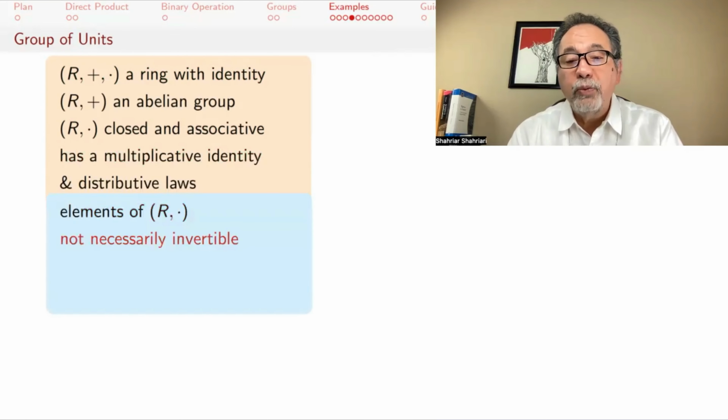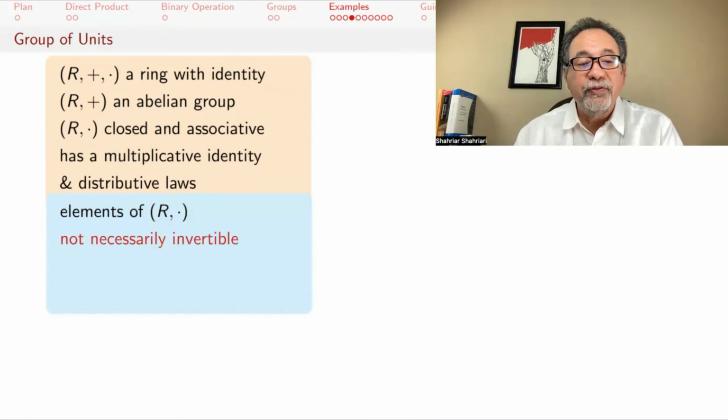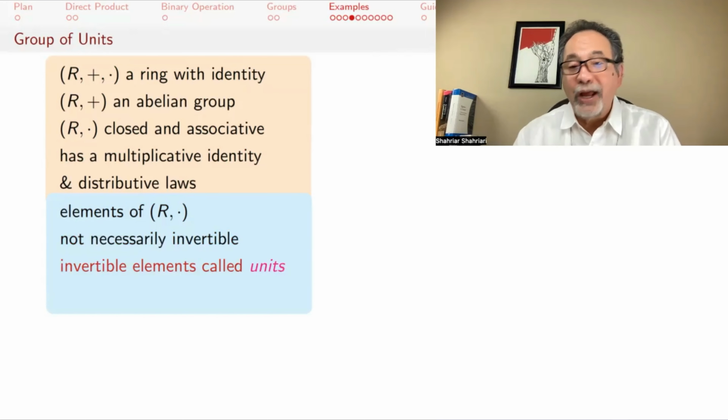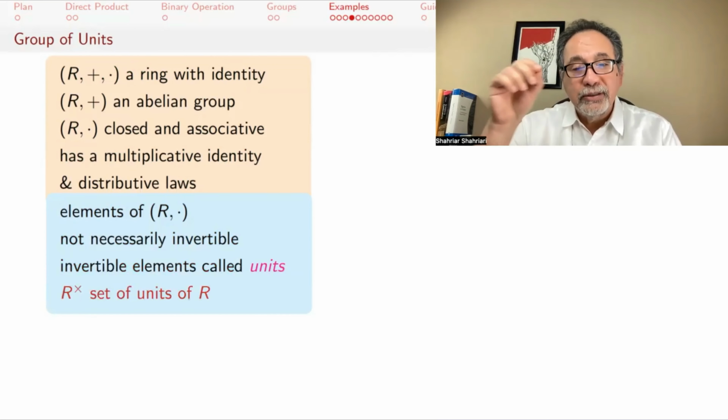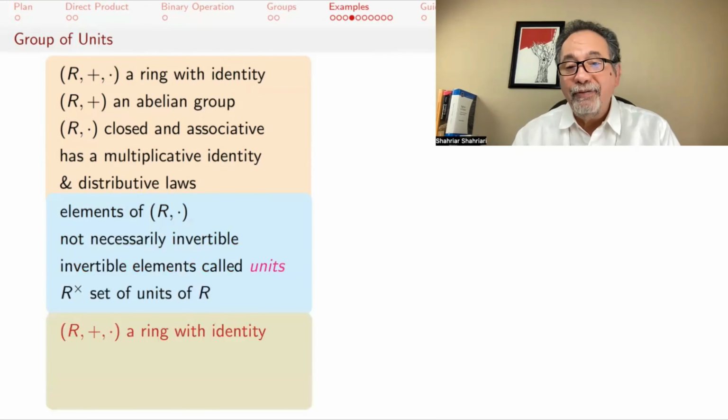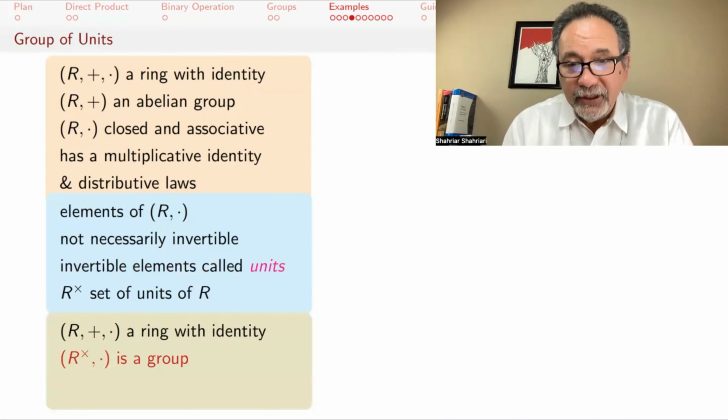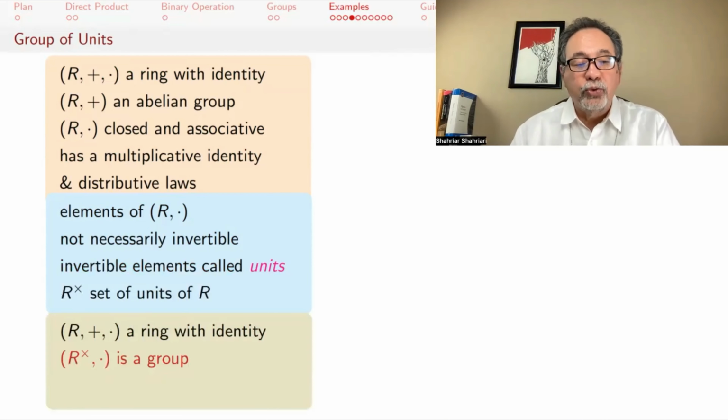Elements of R with multiplication are not necessarily invertible. The invertible elements are called units. Those are elements that have inverses, that have some other element that when you multiply them, you get the identity. And R with a times on top of it is going to denote the set of units, all those invertible elements. And if you have a ring with identity, then the set of units is a group called the group